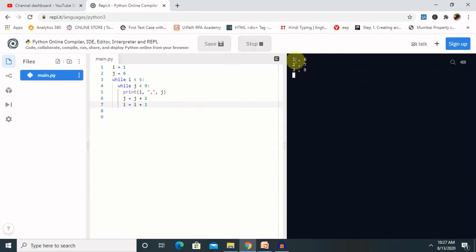Now you can see here, 1, 6, 2, 7 and 3, 8. So until and unless it satisfies the condition, it will print the first value, that is i 1, then comma, and then 6, exactly the value we have provided. Next it will jump to this and increment the value. So 1 will become 2 here, 6 will become 7,